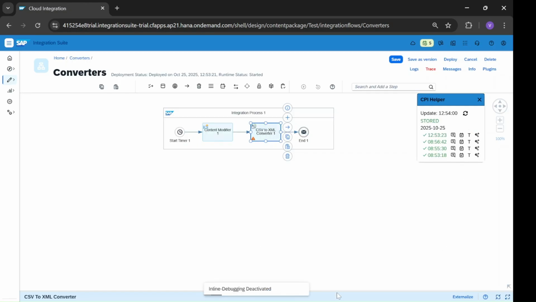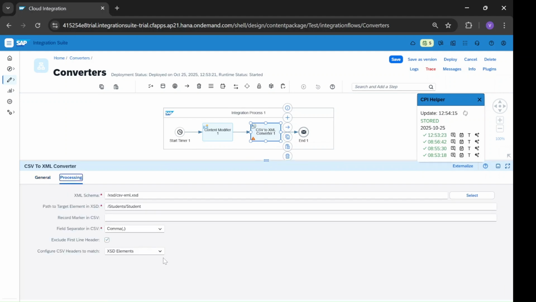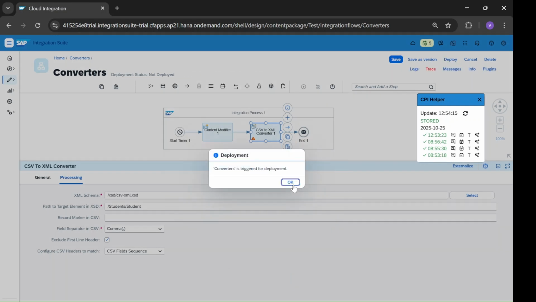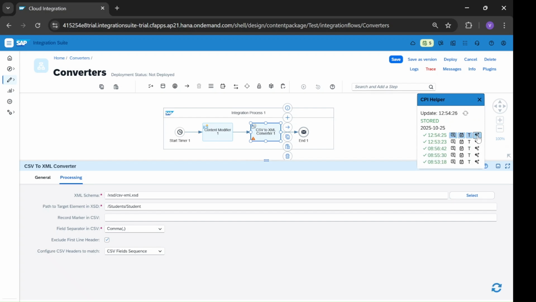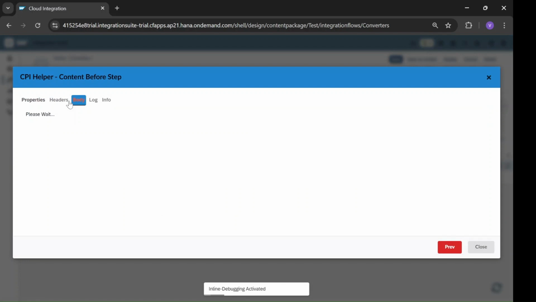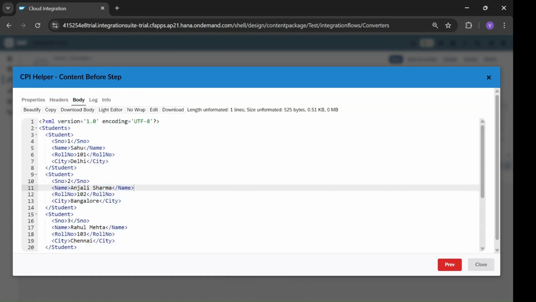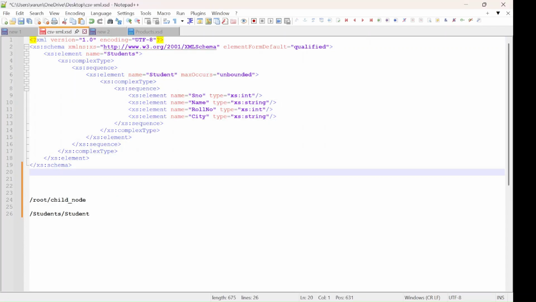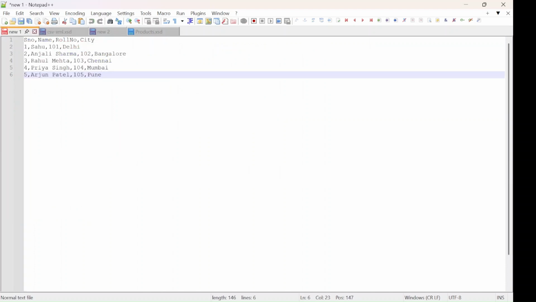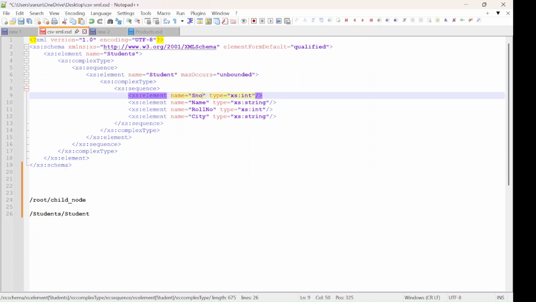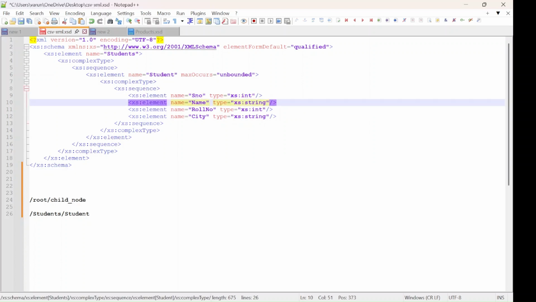And now we will do one thing. Change this XSD elements to CSV field sequence. Deploy. Output. And there will be no change because in our XSD we said serial number, name, roll number, city, same as serial number, name, roll number, city. If we define here name as employee name,